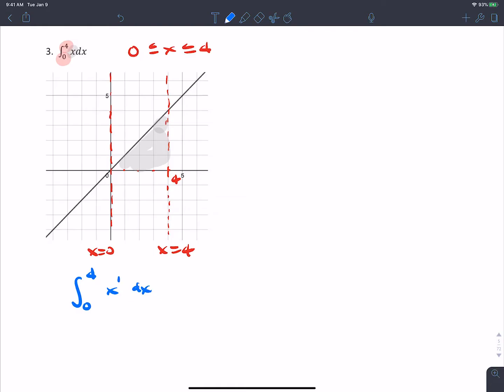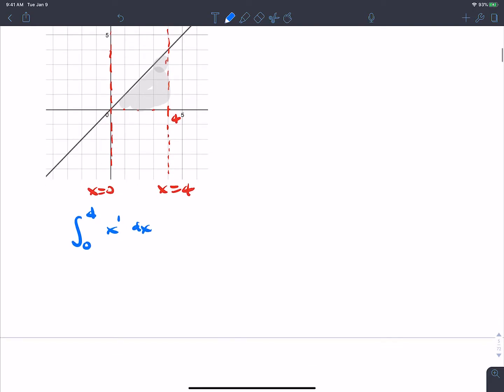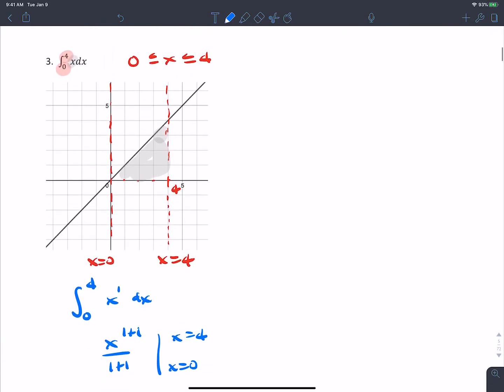So what rule do you guys use again here? What are you guys going to use? Power rule, is that right? 1 plus 1 over 1 plus 1. Evaluate that from 0 to 4. So we end up with, let's go up here, 1/2 x squared,